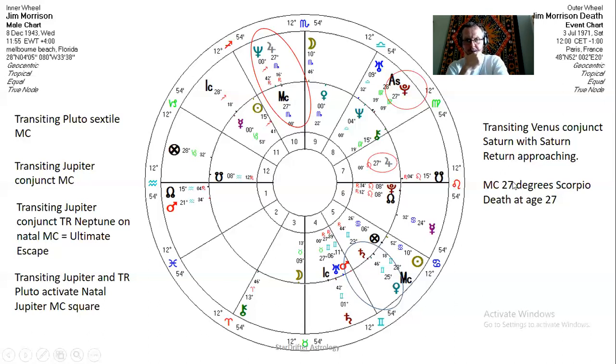The midheaven. I don't know how relevant this is, but it's interesting nonetheless. Jim's midheaven, 27 degrees of Scorpio. Jim also died at 27 years of age. Just throwing it out there. So that 27th degree of the midheaven is so important, and this aspect to the midheaven as well, so significant. But to reiterate again,